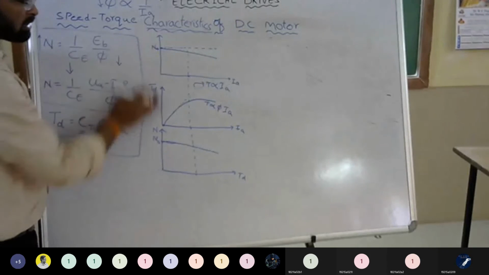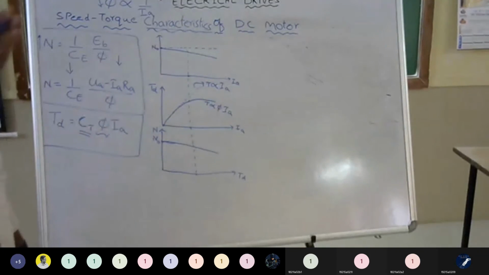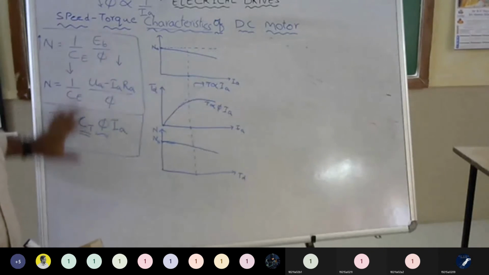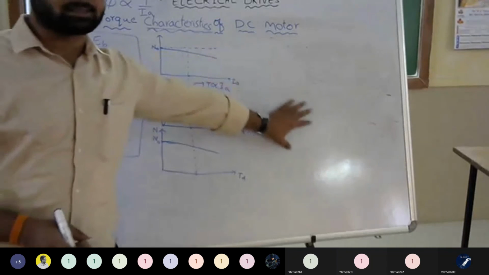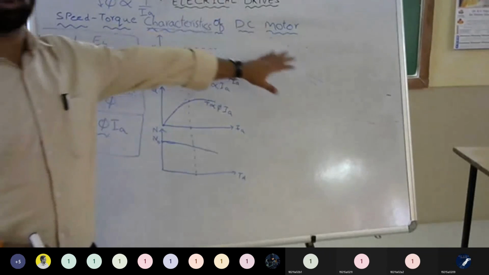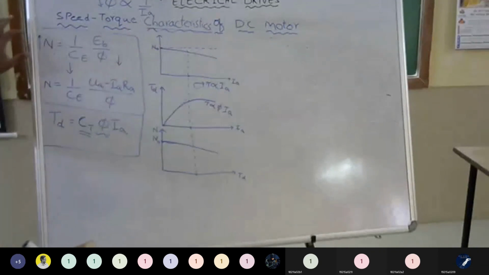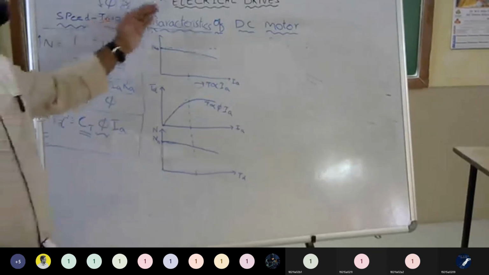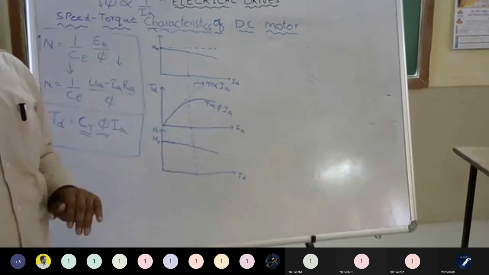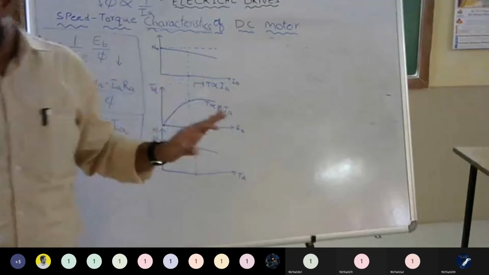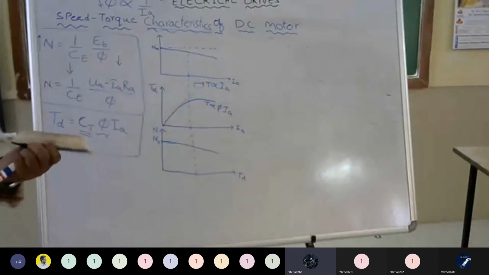By comparing these two, we will draw the speed torque characteristics. This is common, generally for the shunt motor. But if you come to the separately excited DC motor or DC series motor, these values will change. These equations will change according to the characteristics. So in this first chapter, we are simply saying how we take the characteristics in a DC motor, with a generalized motor as an example. We derived the speed equations, torque equations and speed torque equation, and we did the speed torque characteristics of the DC motor. Okay, up to here clear? Any doubt? If you have any doubt, please ask me.